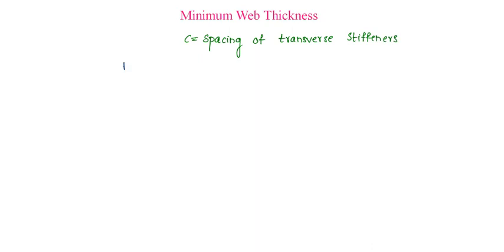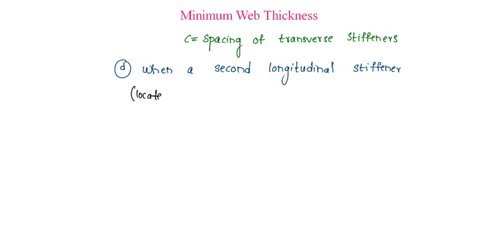And the last case is when a second longitudinal stiffener is provided, located at the neutral axis. When this second longitudinal stiffener is provided, then d by tw should be less than or equal to 400 times epsilon w. This is the first criteria, whereas the second criteria is